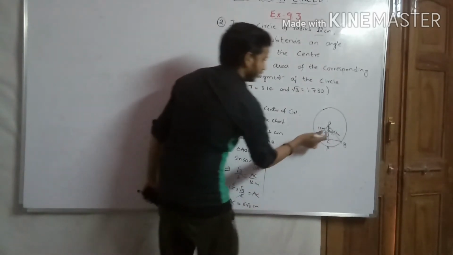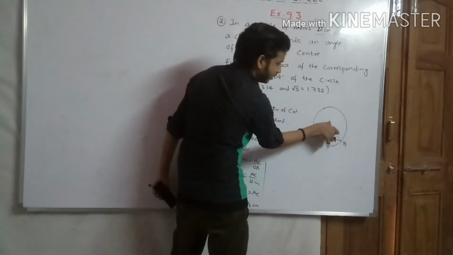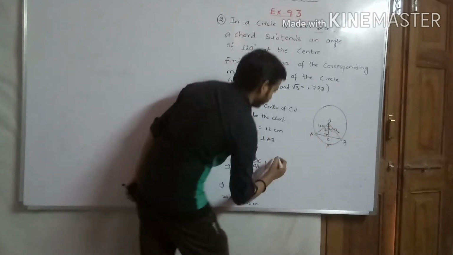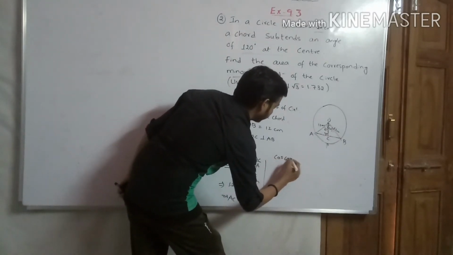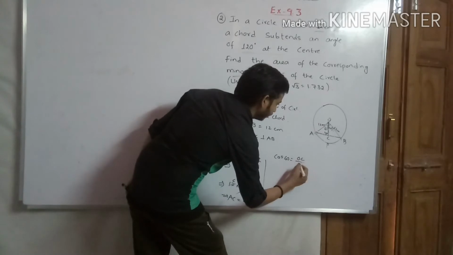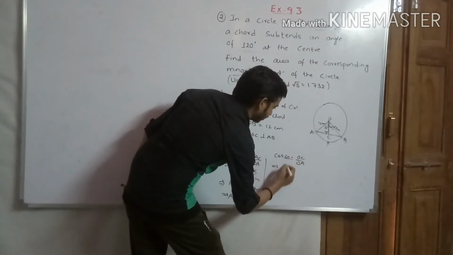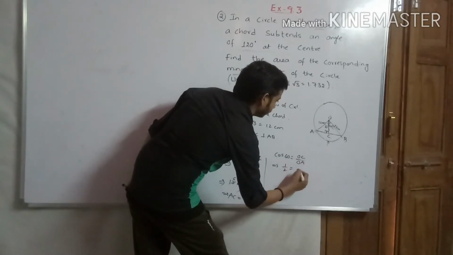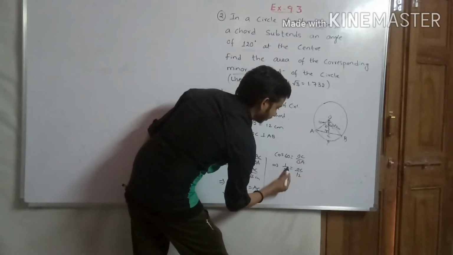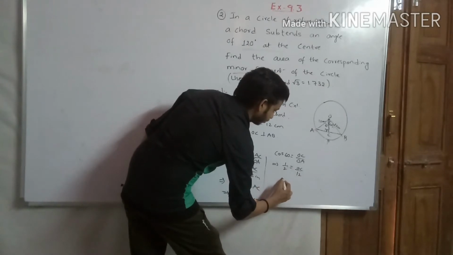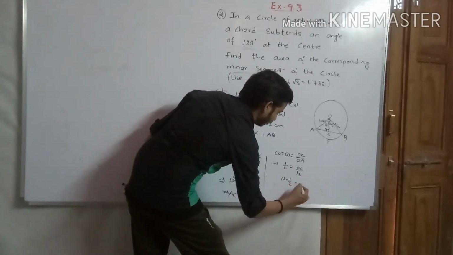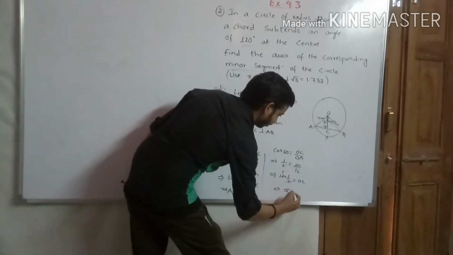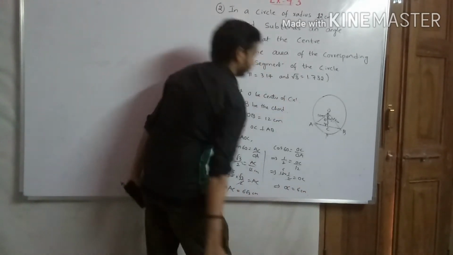Okay. Similarly, cos 60 value. Cos 60 equal adjacent by hypotenuse. Here adjacent value is OC by OA. So cos 60 equal to adjacent OC by OA. So it implies that cos 60 value is 1 by 2 equal to OC by OA, which is 12 centimeters. 12 centimeters gets multiplied with 1 by 2. So 12 into 1 by 2 equal to OC. It implies that OC equal to 6 centimeters.